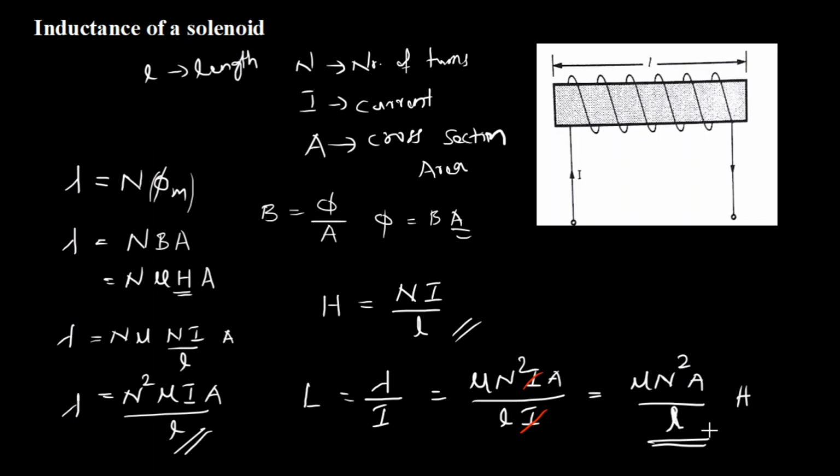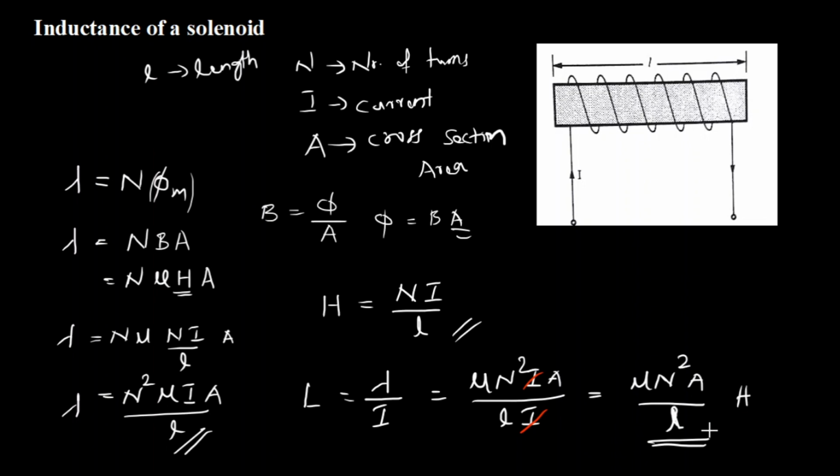Now it's very straightforward. If you want to find the inductance of a solenoid, you should be provided with information like how many turns the solenoid is made of, how much cross sectional area it has, what is its length, and what is the permeability of the core medium. The permeability of the medium matters, because the magnetic field is going to link with each turn and travel through the core of the solenoid. So the permeability of the core matters.